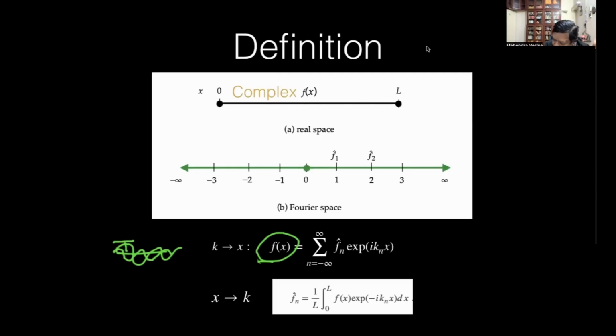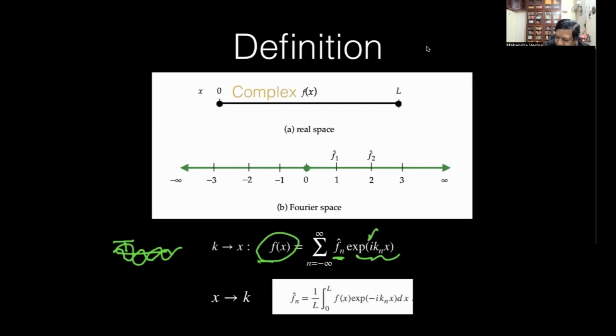Okay. And this is the amplitude of this sine or cosine. In fact, it's not sine or cosine, it's a combination of sine and cosine. Okay. It's the amplitude of this wave. And you see, this is useful when I have a signal like electromagnetic wave coming from the sun. I want to see what wavelengths are coming from the sun. Of course, many wavelengths are coming, but what is the amplitude of yellow light, red light, green light, you know? So this f hat n is the amplitude. Okay, it happens to be complex because my basis function is complex.